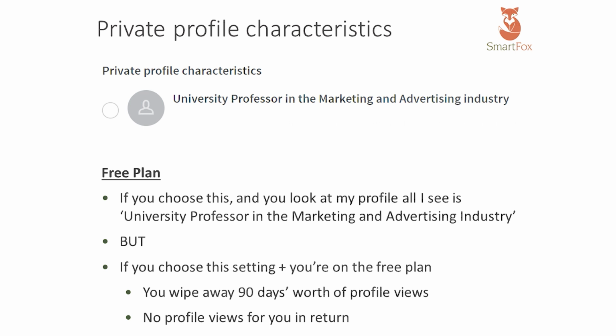So if you click that now, everybody who's looked at your profile across the last 90 days will be deleted and you'll have to start from scratch, but you get no profile views in return. So if I look at your profile, you don't get that information, because it's a give to get. You're not giving your permission to let other people know you've looked at their profile, so LinkedIn aren't going to give you anything back in return.